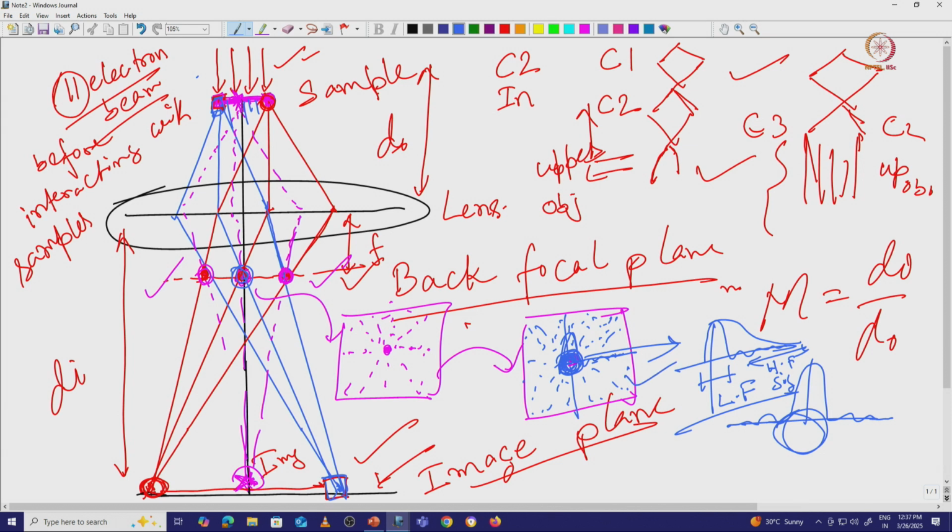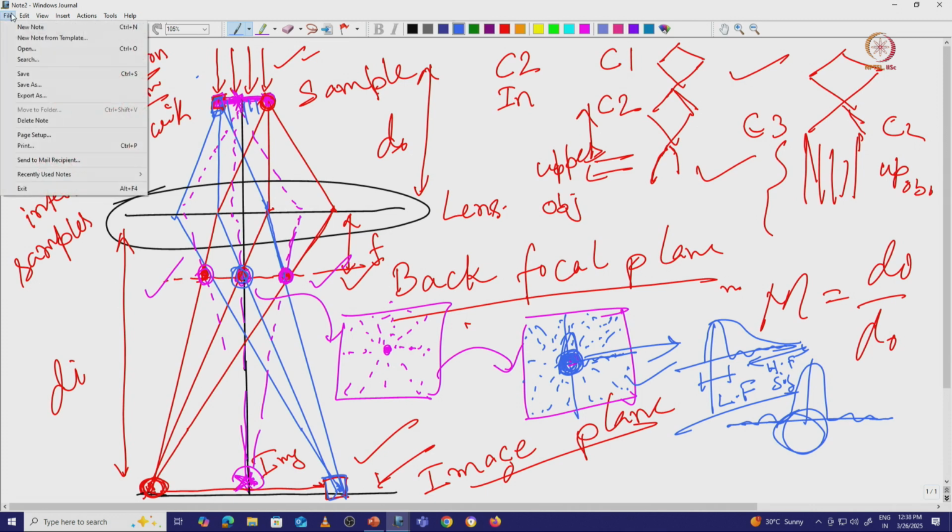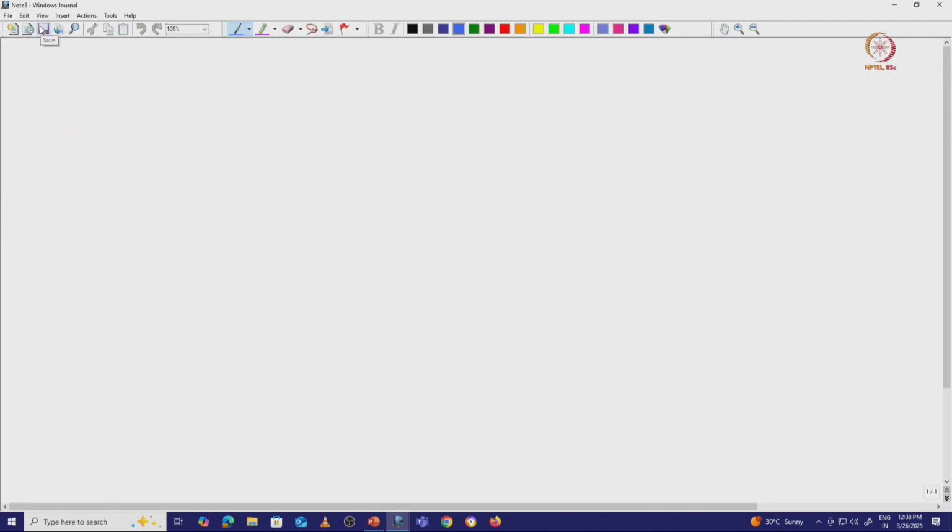Okay, let's discuss a little bit more about our focus and defocus, how we are considering focusing the beam. Before that, let's discuss a little bit more about when we are using an aperture, how we are going to block the electron beam. Okay, so far we have discussed the specimen, different kinds of diagrams, how the samples are here. This is an image, an object. This is my object. Okay.